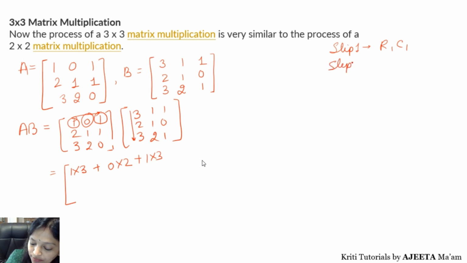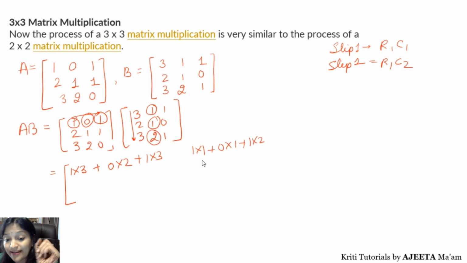What is the second step, R1, जब तक R1 है तब तक R1 चलता रहेगा, कैसे, R1 with C2 now, करेक्ट, करस्पॉन्डिंग एलिमेंट्स। तो ये हमारे रिजल्टेंट मैट्रिक्स का भी सेम रो का सेकेंड एलिमेंट बन जाएगा। सो लेट्स मल्टीप्लाई द करस्पॉन्डिंग, 1 with 1, 0 with 1 and 1 with 2। ये बन गया हमारा सेकेंड एलिमेंट।